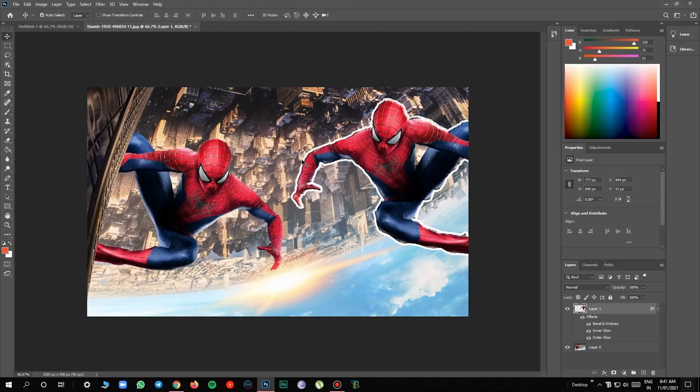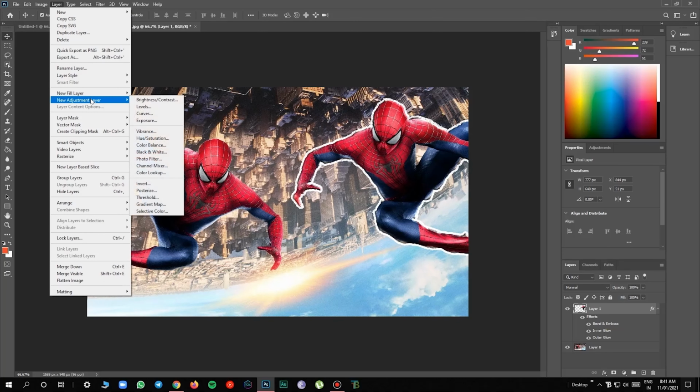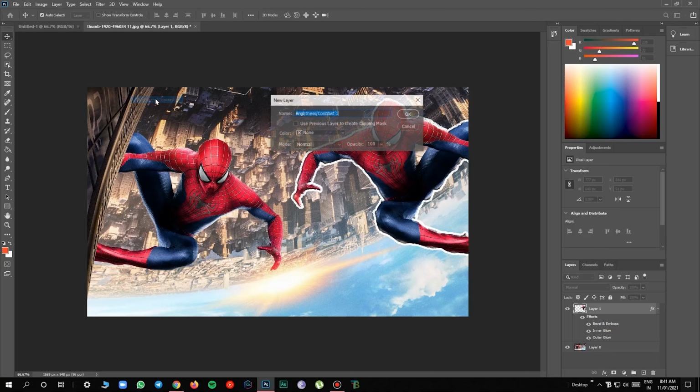So first let's go to the edit layer option and go to new adjustment layer, and there are lots of options, editing works to do. We can give a name to that layer or give some color just to arrange it properly.